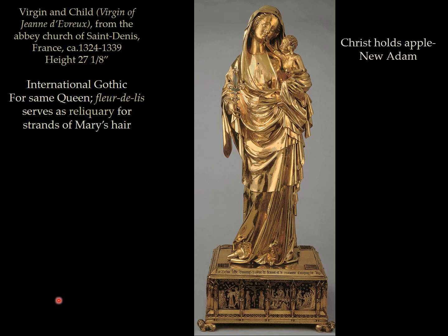Now, you find that Christ is going to be holding an apple, and even though it does not explicitly state that the fruit of the tree of knowledge of good and evil was an apple, the fruit here directly connects Christ as the new Adam, and thus the Virgin as the new Eve. Since Adam and Eve caused the downfall of mankind, it is thus appropriate and apropos that the Virgin and Christ will redeem mankind. This is the type of typology that we find that is very common in the Christian tradition,